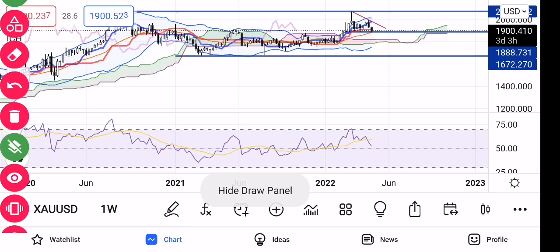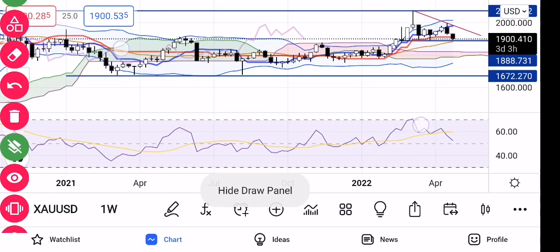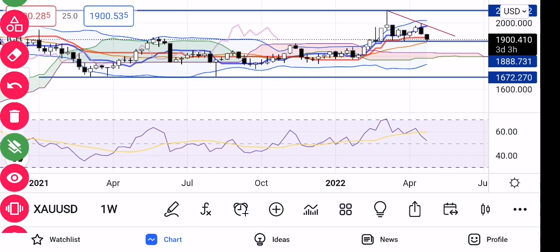But for this week, we could probably just see more a continuation of the downwards momentum until the end of this week, and then next week we could see another buy happening, unless these two patterns, like the hammer that we're seeing over here and the shooting star that we're seeing over here, show us exactly where the support and resistance levels are, because we have a dragonfly doji over here, we have a hammer here,